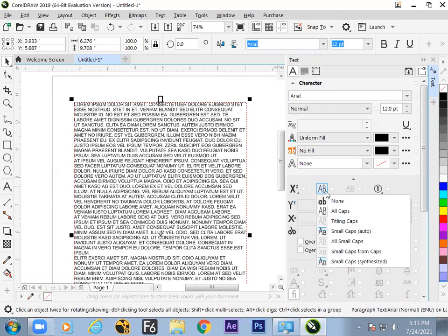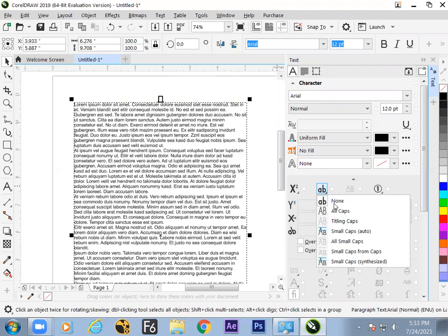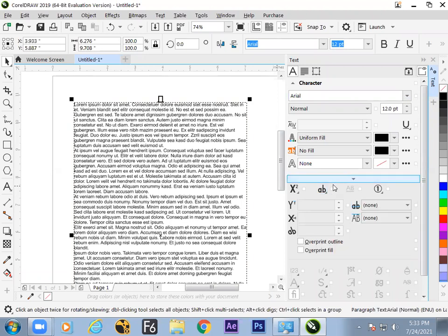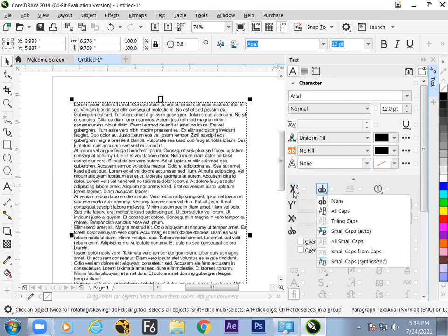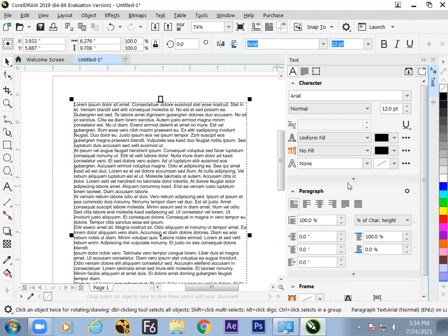So we can make all caps immediately. These are the options in hidden mode. Superscript, subscript, and caps lock are not visible inside the character properties, but they are a part of the character property.